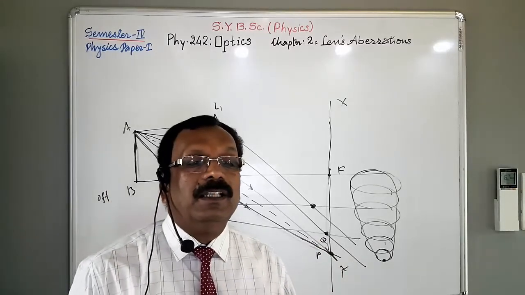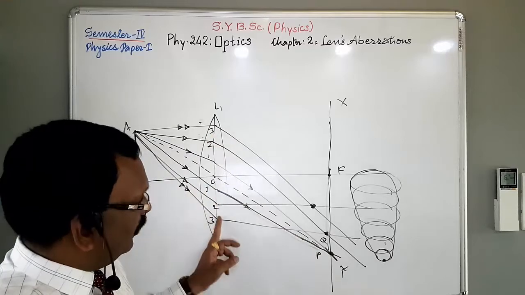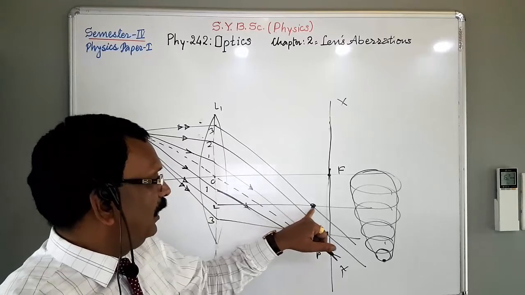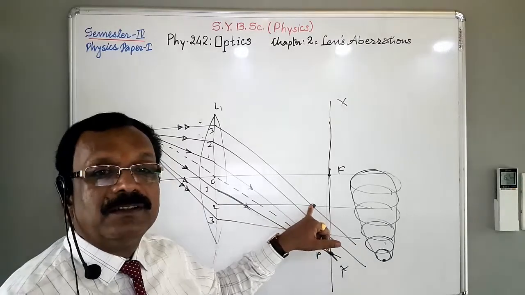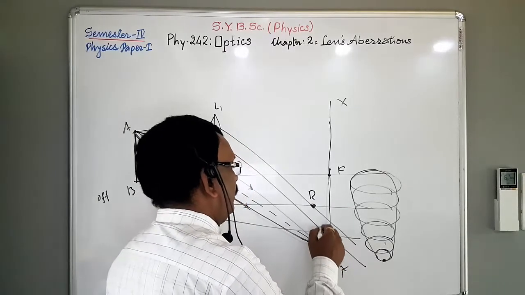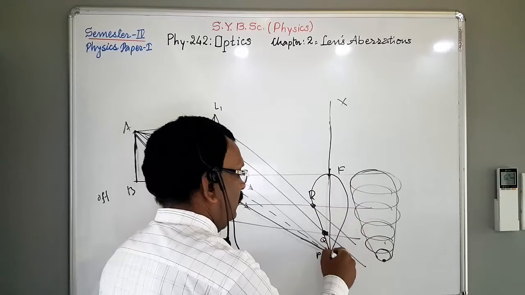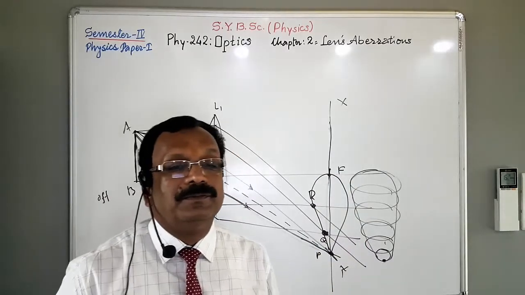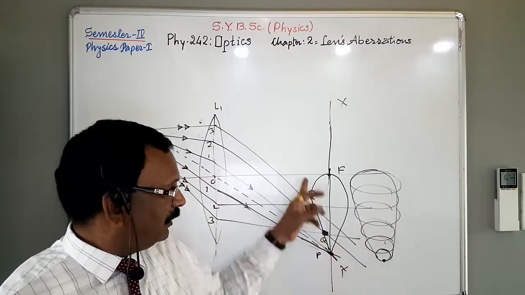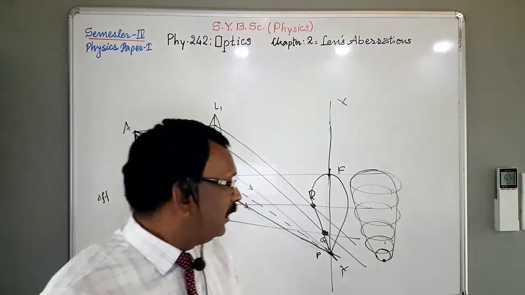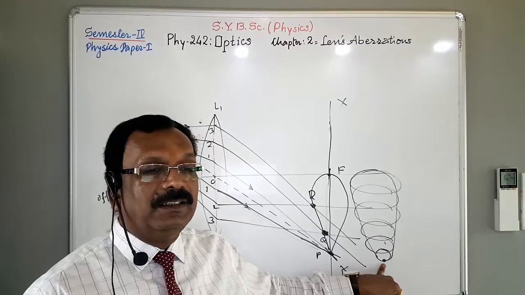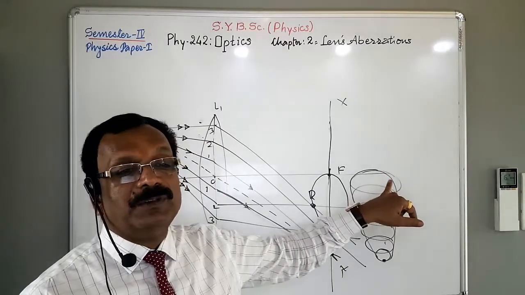Now consider the joint effect of various zones. This is the third zone. They show deviation and come to focus at this point R. So the image forms a comet shape. The radius of the circle is not the same. These are the radii corresponding to different points belonging to different zones. It is found that the radius goes on increasing. The radius of the circle increases with the radius of the zone of the lens.